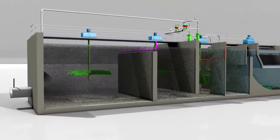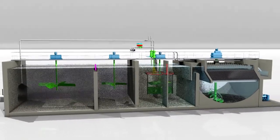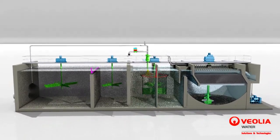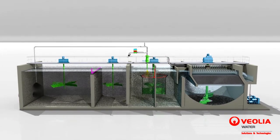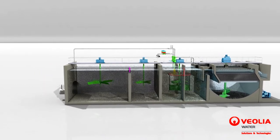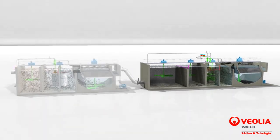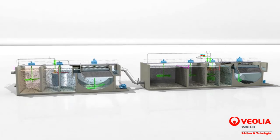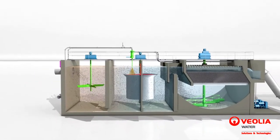Actiflo Carb is also well suited for industrial wastewater applications, specifically for the removal of COD that is refractory to chemical and/or biological treatment. Based on raw water composition and treatment objectives, the process is also available in the Actiflo Twin Carb configuration. This unique design consists of 2 Actiflo units in series, allowing optimum overall treatment performance and reduced